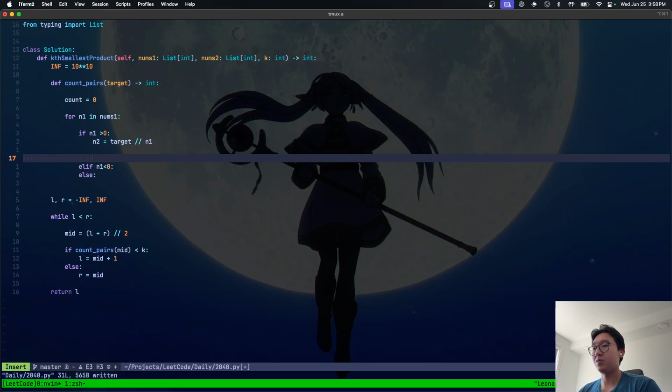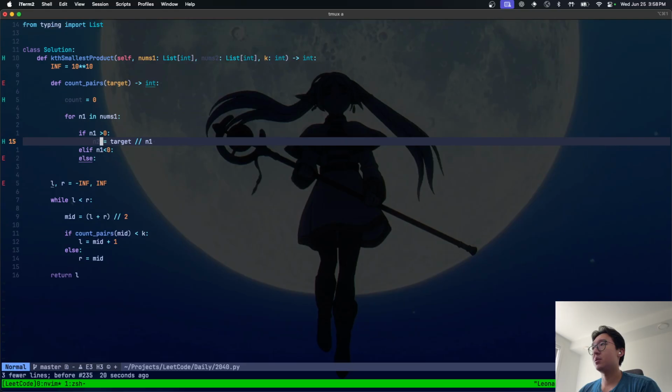That's the number that we're looking for in num2. But since it's positive, everything that's less than that, multiplied by num1, will also give a valid answer. So we want to do